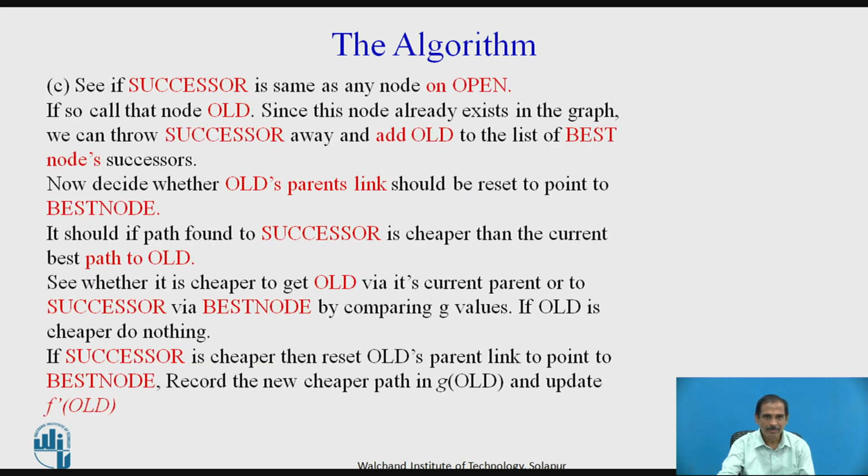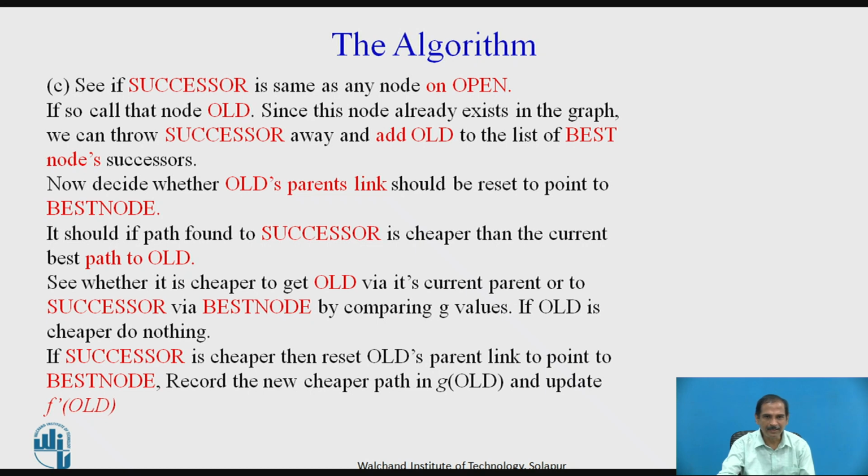We now see if the successor is the same as any of the nodes in open. If so, call it the old node, because it has already been there, and we can throw the successor away and add old to the list of the best node's successors. Now decide whether the old node's parent link should be reset to point to the best node. It should be if the path found via the successor is cheaper than the current best path to old. See whether it is cheaper to get to old via its current parent or to the successor via the best node by comparing the g values. If old is cheaper,